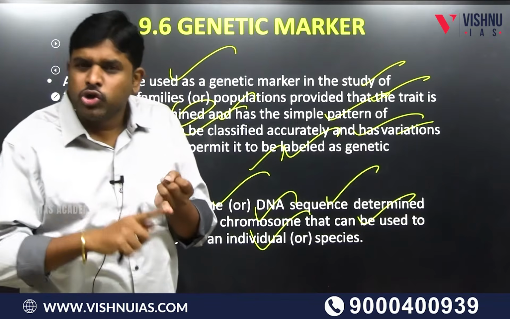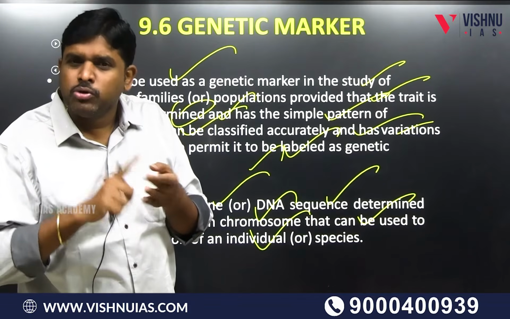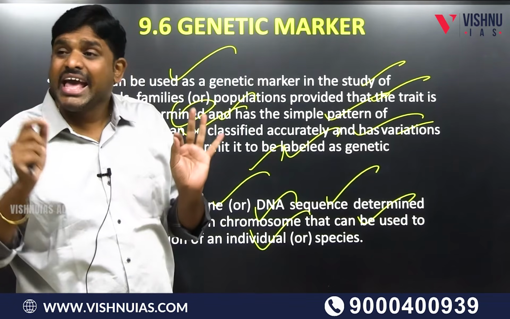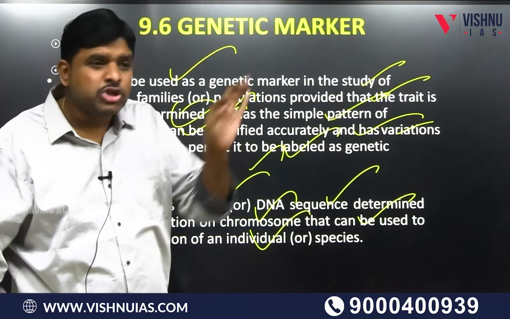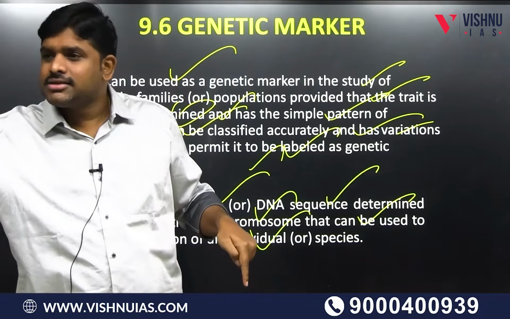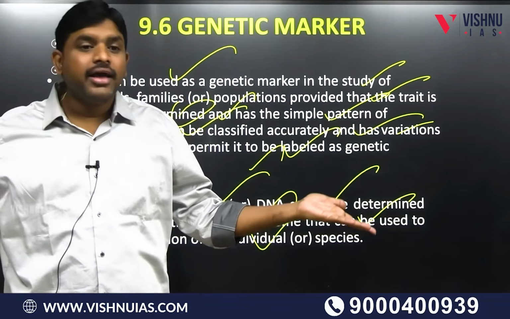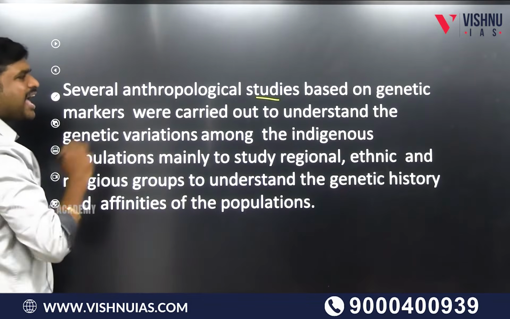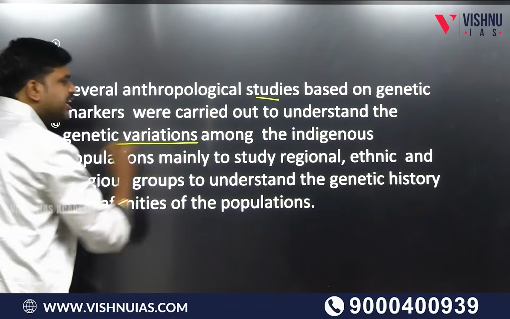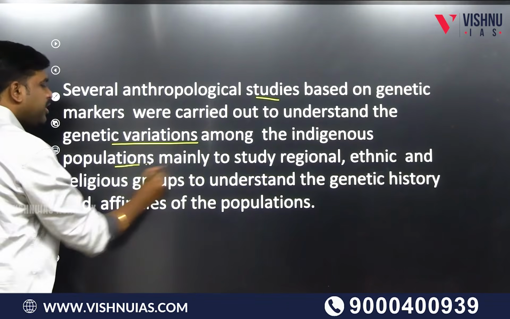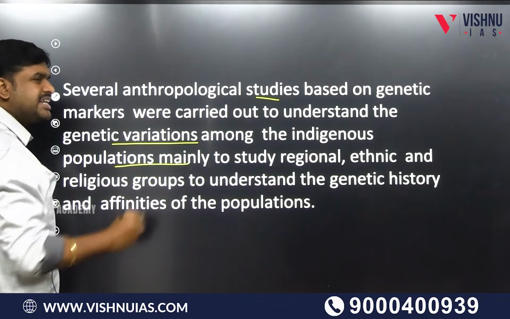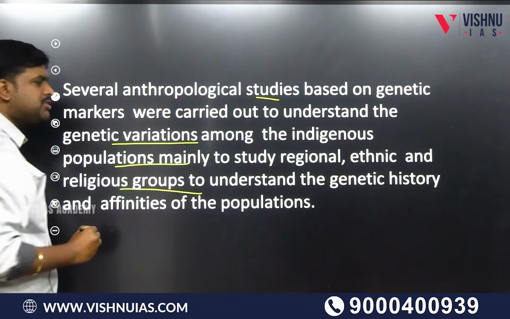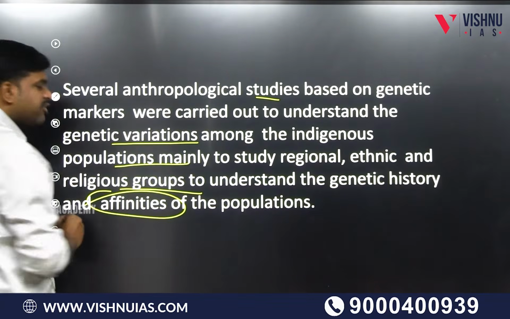It can be A blood group, B blood group, AB blood group, O blood group, rhesus protein. Any outcome is because of a gene. If the gene is there, then there is an outcome. The outcome can be anything. Several anthropological studies based on genetic markers were carried out to understand the genetic variations among the indigenous populations, mainly to study regional, ethnic and religious groups, to understand the genetic history and affinities of the